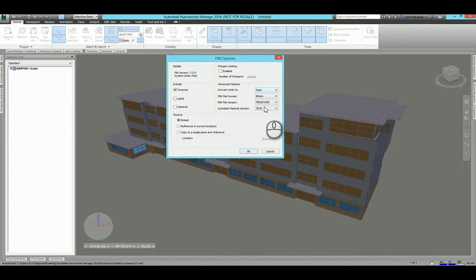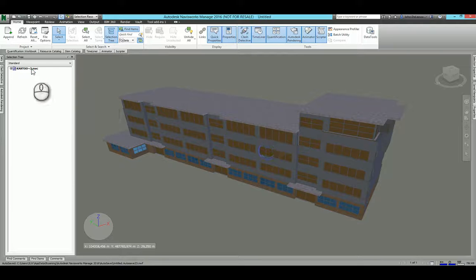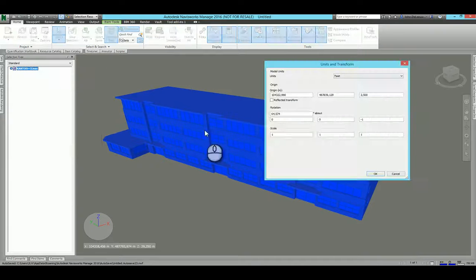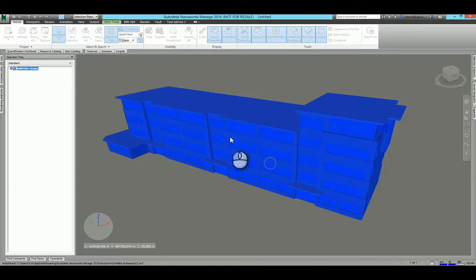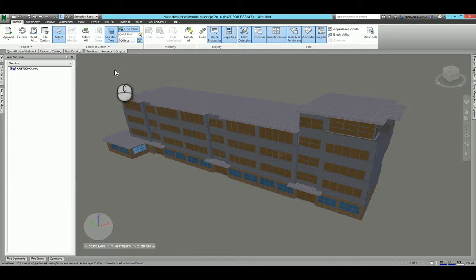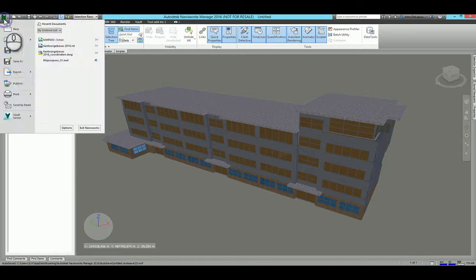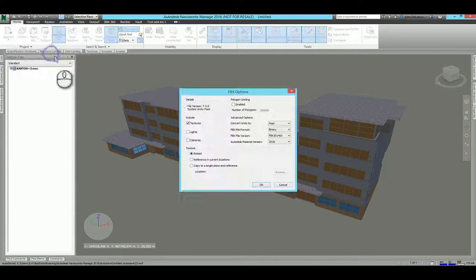I'm not sure if this is going to go correct. I think indeed this file is in feet. Let's just see what happens, because I did a test before and I exported out in meters. So exporting it out in feet,